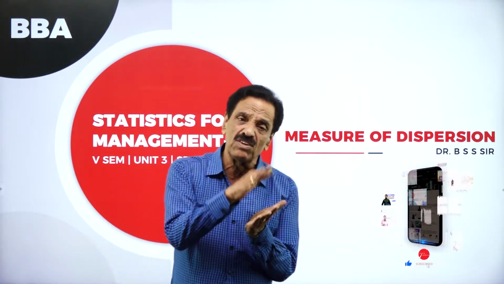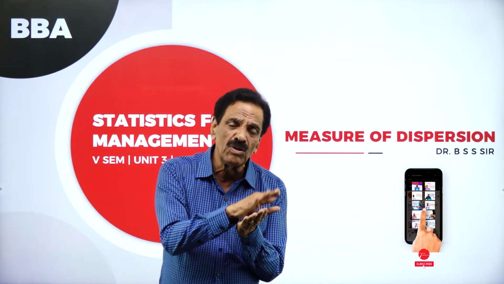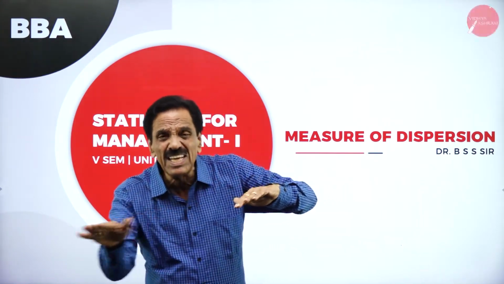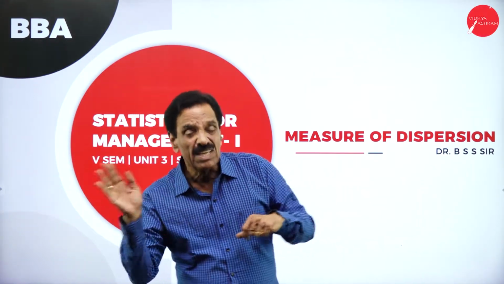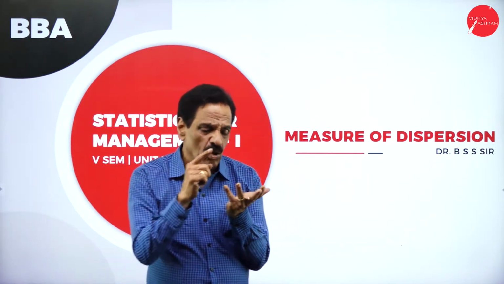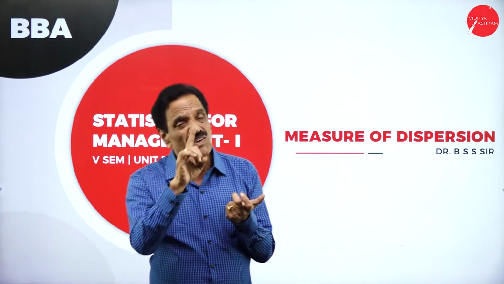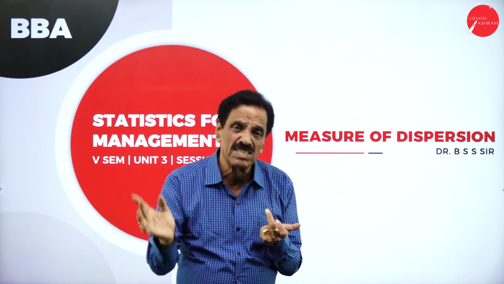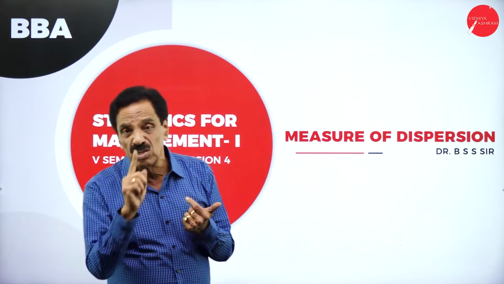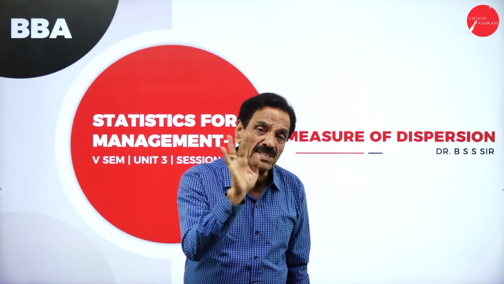So far in the first unit, you got central tendency where you are studying mean, median and mode, whereas here, measure of dispersion. What is measure of dispersion? Variation of a number. Variation of a number is called dispersion. Under this chapter, you are going to study one is called quartile deviation, second is standard deviation for individual number and continuous number. Then you have to study coefficient of variation and skewness. There are two methods. One is Bowley's skewness and Karl Pearson skewness.